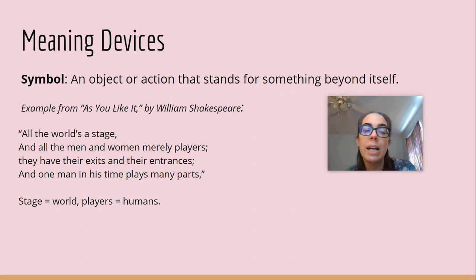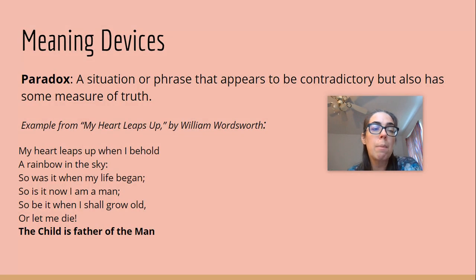So, from As You Like It, Shakespeare: "All the world's a stage, and the men and women merely players. They have their exits and their entrances, and one man in his time plays many parts." So the stage equals the world that we live in. He's talking about it in reference to a play, but he's talking about the world, and then he's talking about the players. Those are just human beings. That's just you and me in the world doing what we do, and he just makes it sound super cool because he's Shakespeare.